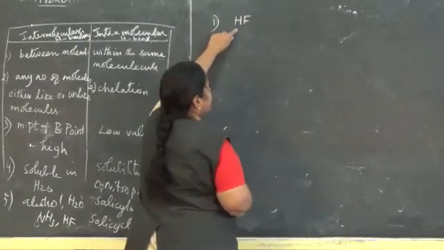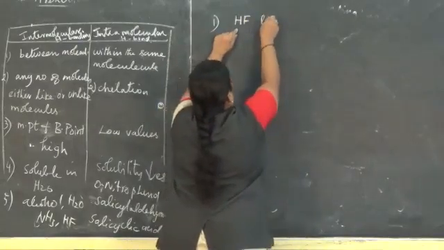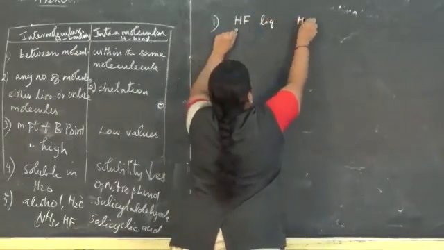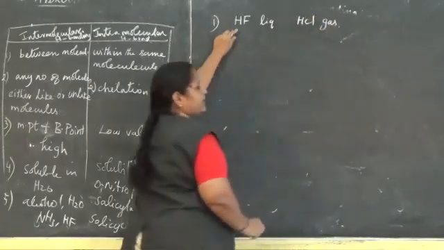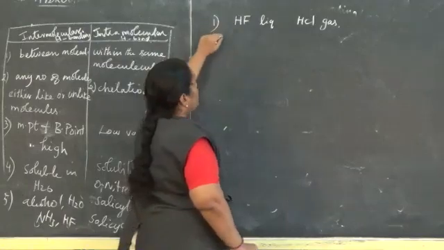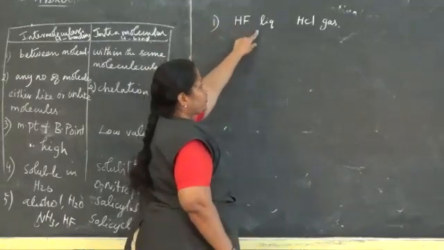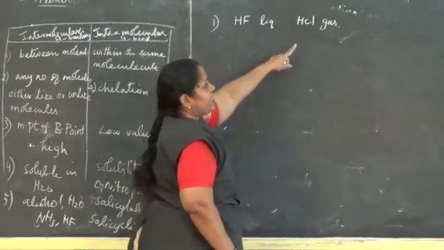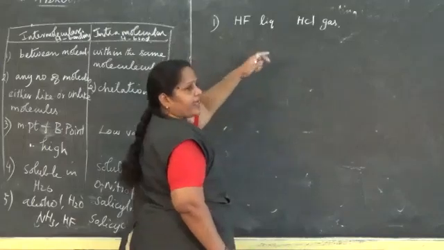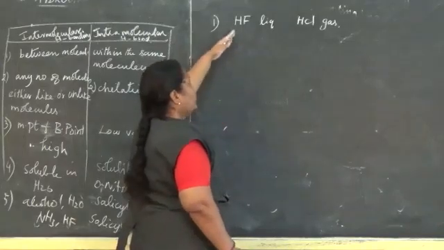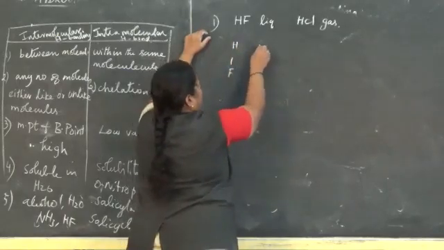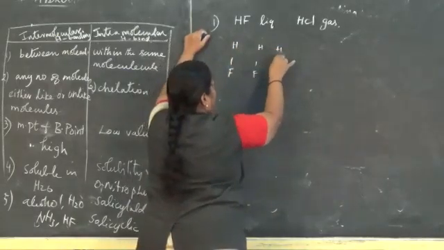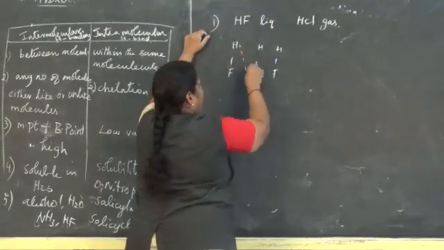Listen, let us consider these two examples. At room temperature, HF is in liquid state, but HCl is in gaseous form. Why? This kind of question may be your 2-mark question. HF exists in liquid state, but HCl in gaseous state. Why? Give reason. Like that they ask. What is the reason? HF at room temperature forms